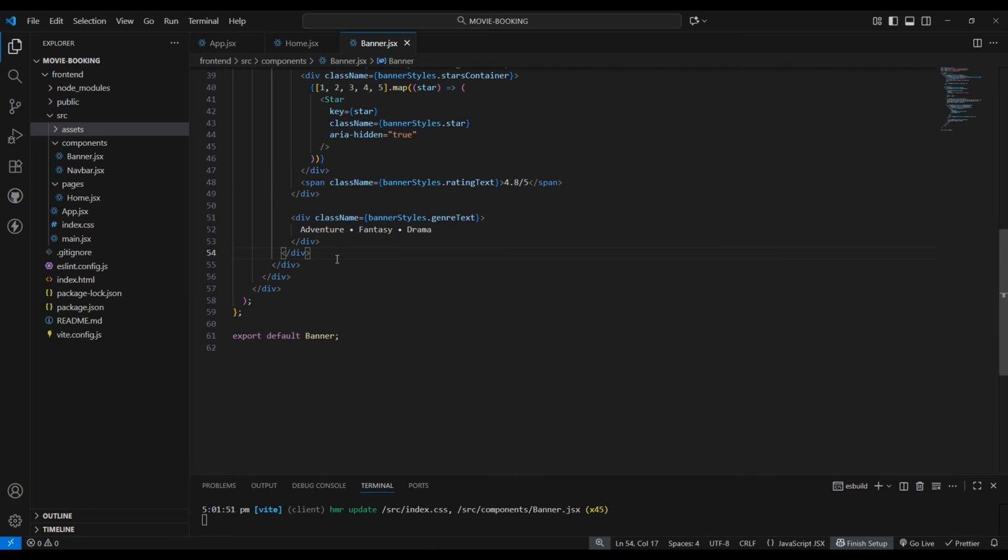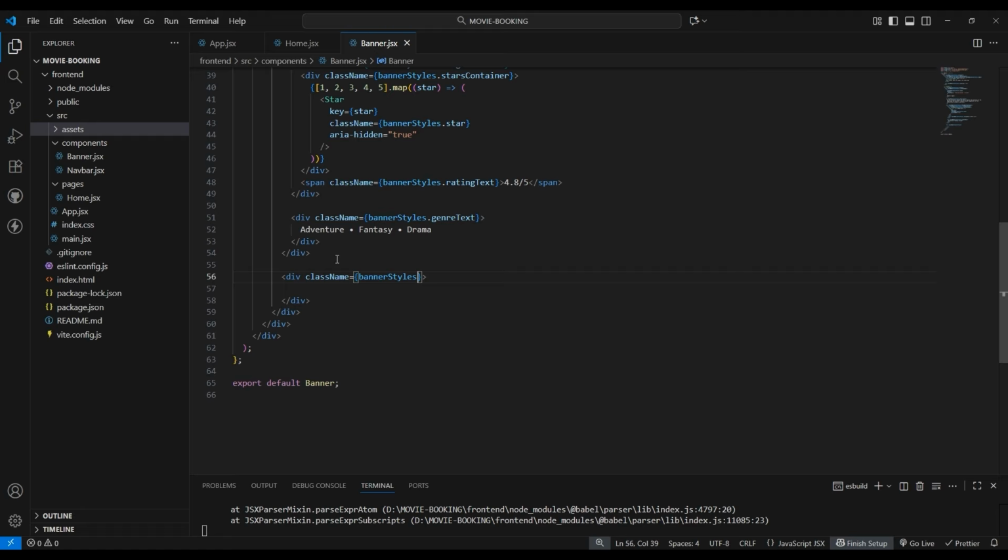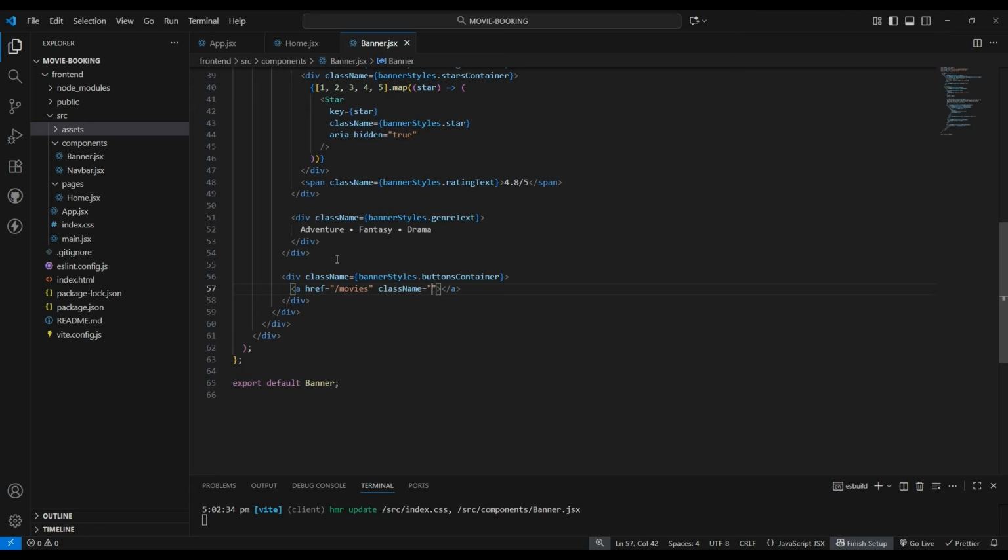Now after this div, create another div tag, give class name as banner styles dot, so the banner styles dot button container. Then create an anchor tag, and it will be on /movies. Give class name to this, it will be banner styles dot book button, and inside this anchor tag, let's type